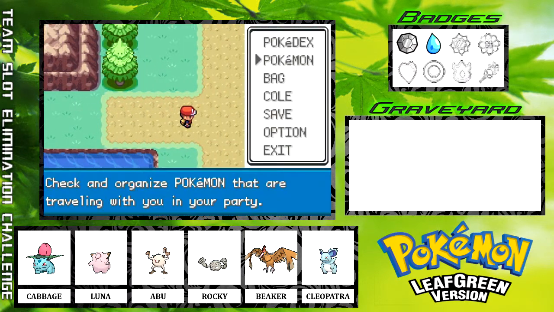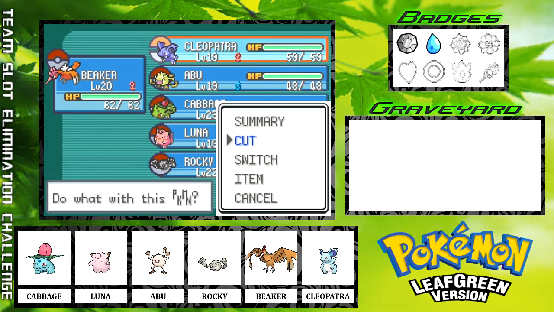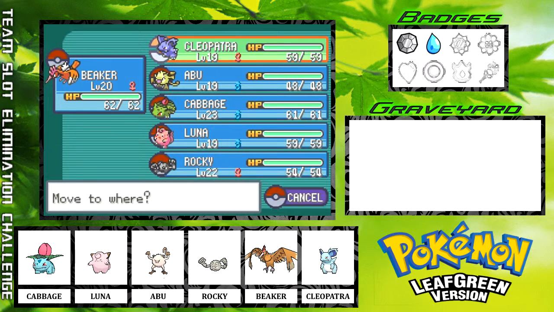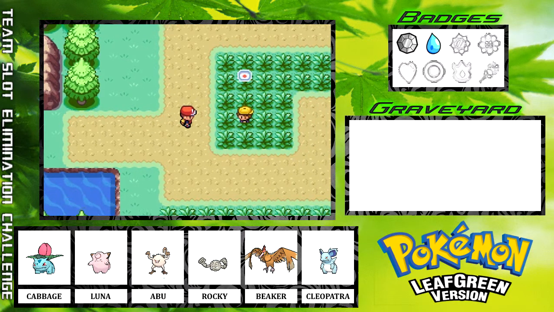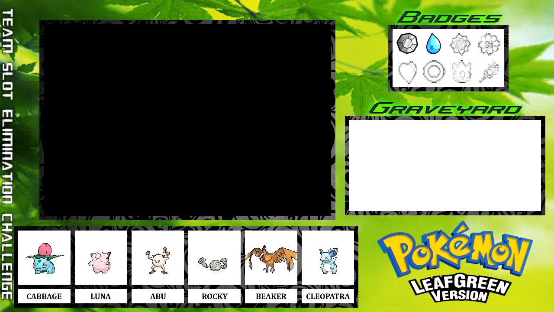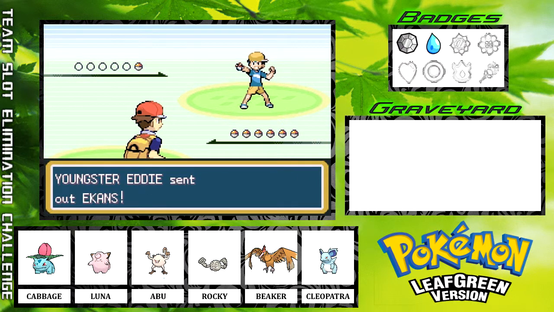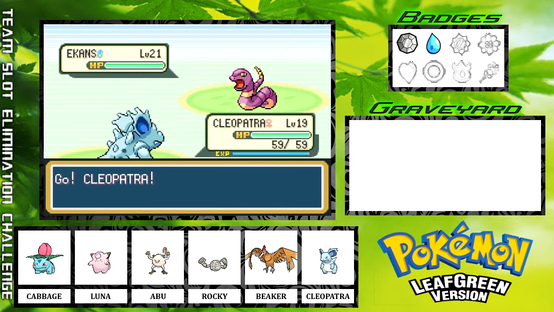So, alright, let's head out this way. Let's go ahead and put Cleo... Not cut. No. Oh, controls. They are failing me right now. Okay, let's put Cleopatra into the lead. And let's start battling some of these guys. I would like to get Cleopatra leveled up a little bit more. See if maybe I can learn some sort of ground-type move before evolving into Nidoqueen, if I decide to ultimately